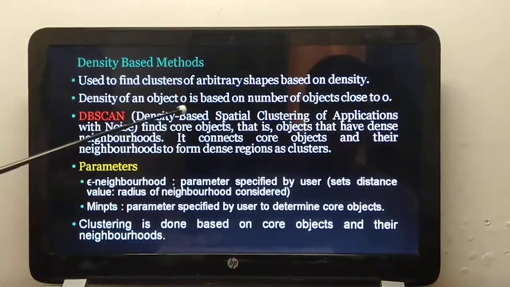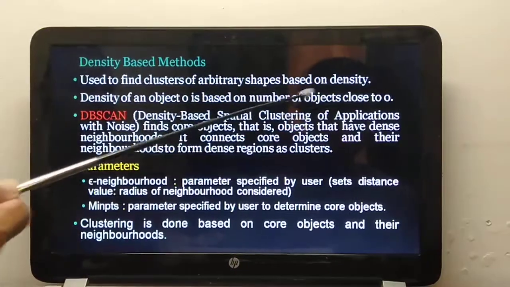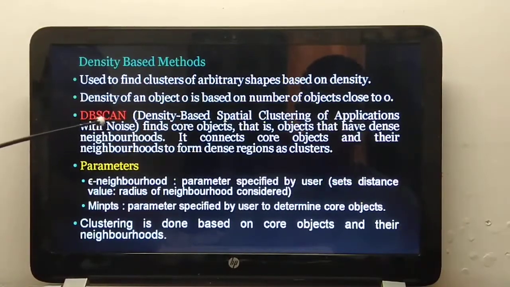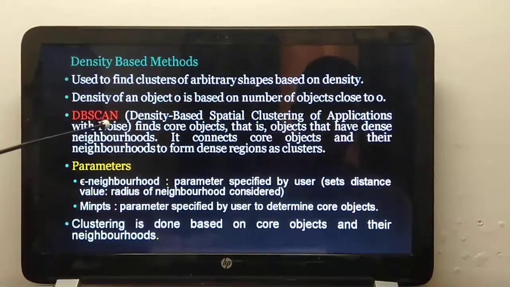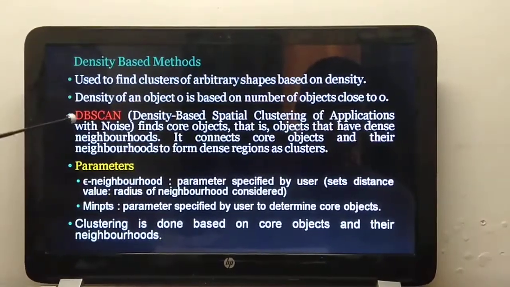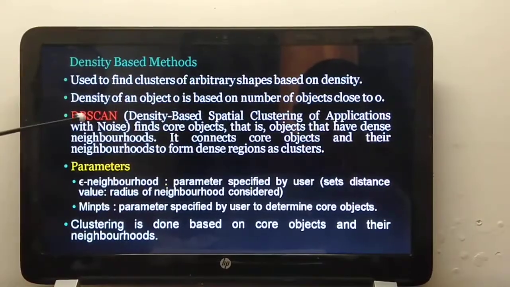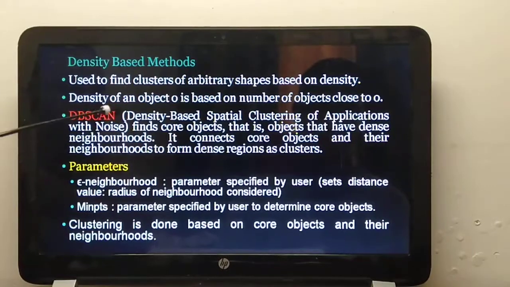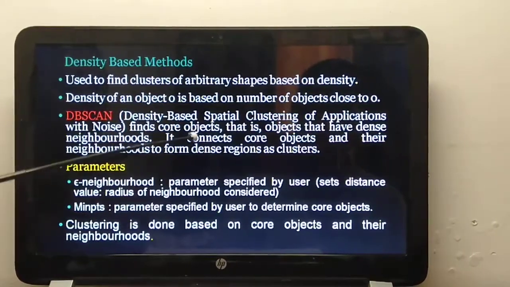Density of an object O is based on the number of objects closest to O. And dbScan, full form is density based spatial clustering applications with noise. So if you have got applications with noise, then clustering based on density, spatial clustering based on density is done using dbScan. What we do over here is we find core objects.